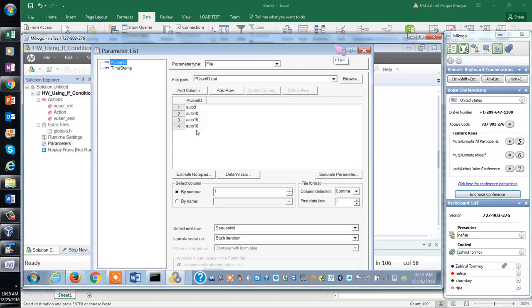For me, I had only 4, but I can bring more. But how many user IDs do we need? We are going to do it for 100 IDs. Please follow this sequence by sequence. First, I am going to create a parameter file that will have 100 user IDs and then 100 passwords. I am following everything step by step.